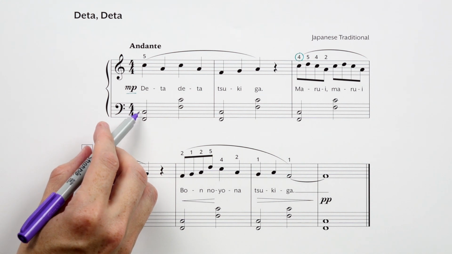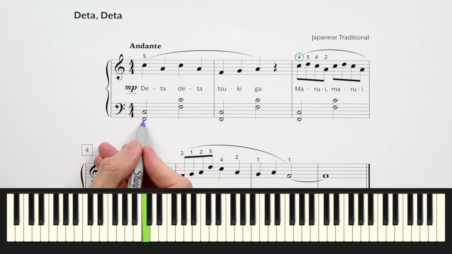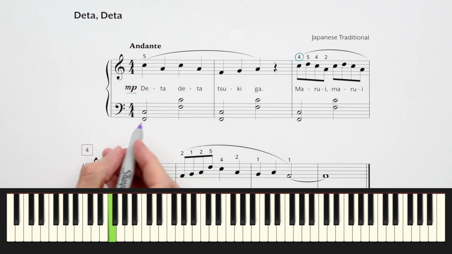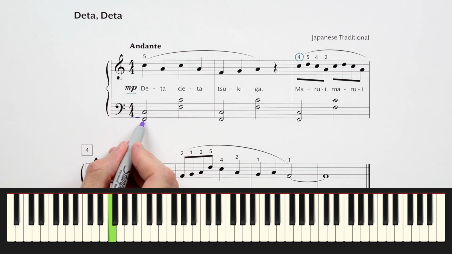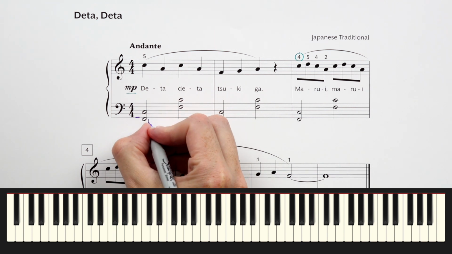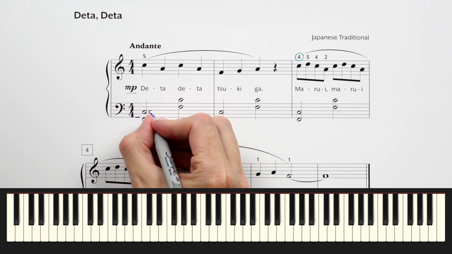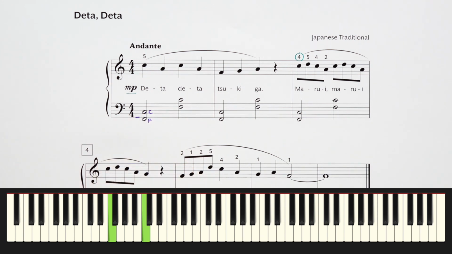Can you tell me the letter name for this top note of the chord? If you said bass C, you're correct. What's the letter name for this bottom note? If you said F, you're correct. It's just a step below this ground G line, so you know that's F. And what interval does that form? If you said a fifth, you're correct. So you have F and C, which remember, since we're in the key of F, that's Do and So.